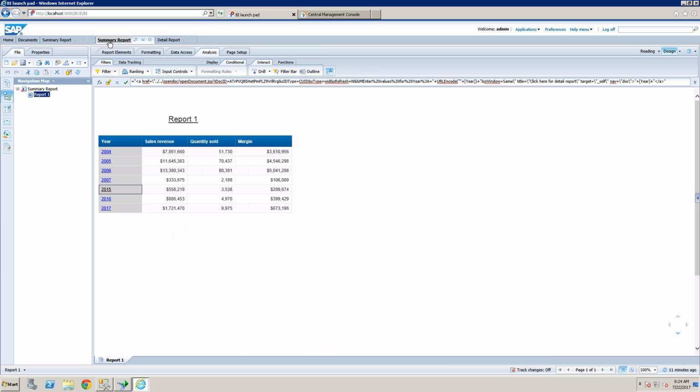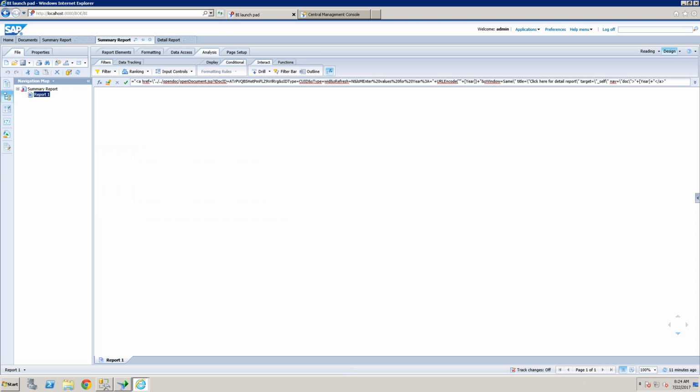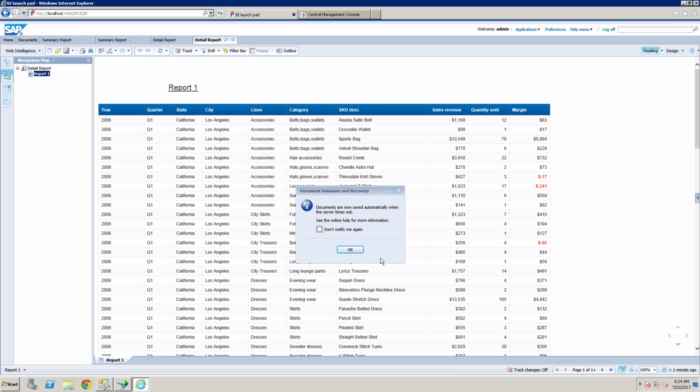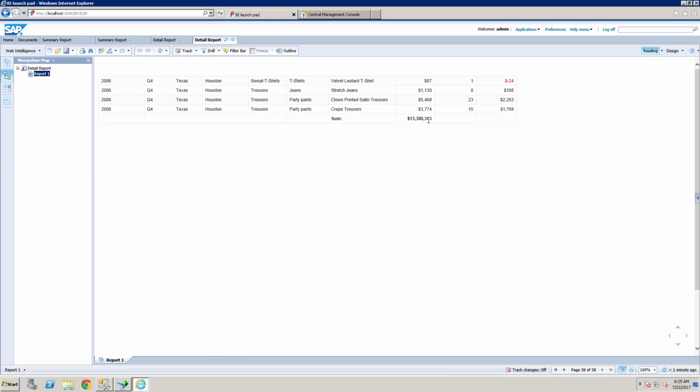Suppose I select the 2006 data, which shows 13380343. In the detailed report, it will display the 2006 detail information. If you go to the last summarize page, you'll see 13380343. The values are matching, right? The values should always match when you link one report to another report. There should not be any change.